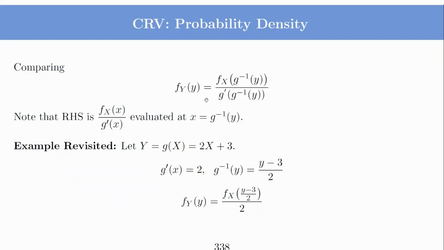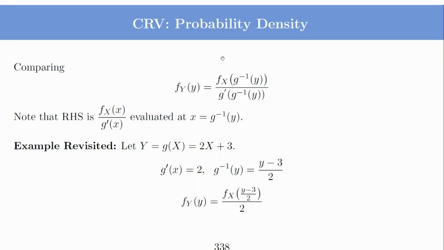Okay, so what is this? This is nothing but the PDF of x divided by the derivative of g(x), evaluated at g inverse y, which is a root of this function for any y. So I have to compute it for y, and what I do is first I compute its root, that is, what x it corresponds to, and then I compute the value of this ratio at this x. So this is the formula we get.